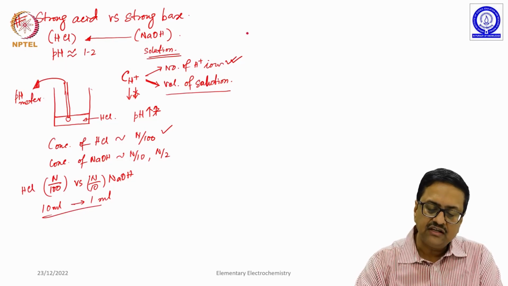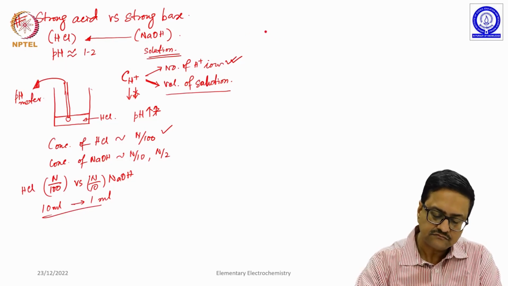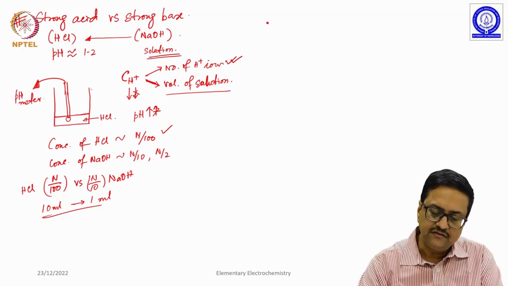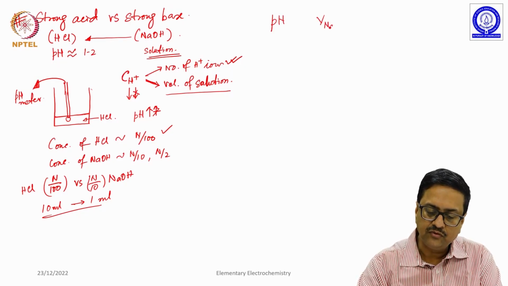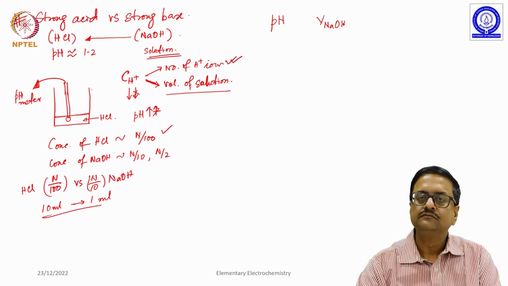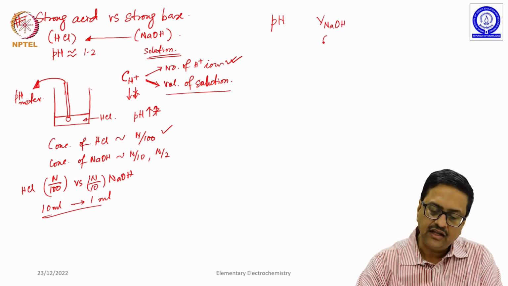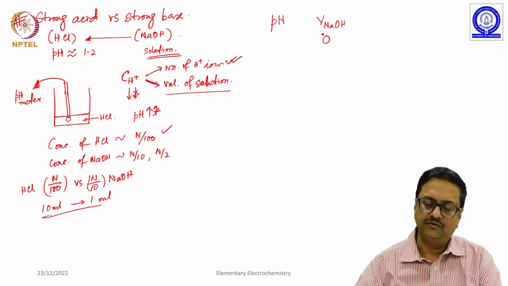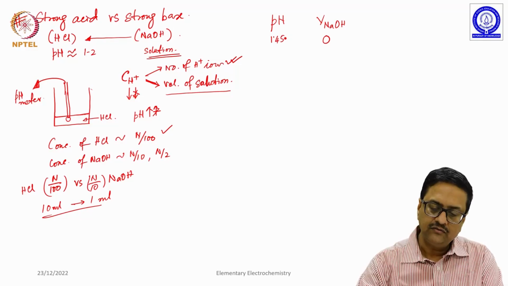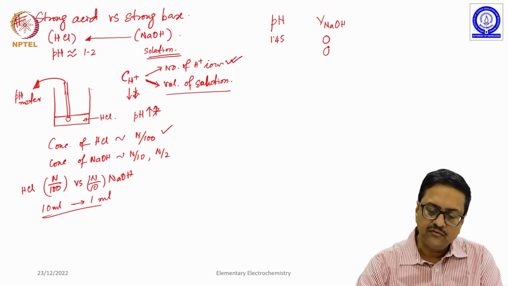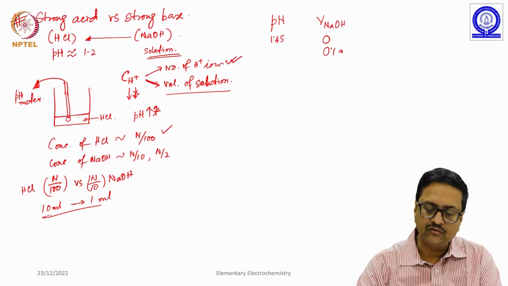So, now when somebody is measuring the pH of a solution with the added volume of NaOH, when you have not added any NaOH solution, 0 volume of NaOH, suppose the pH is 1.45. Now, with slow increase in volume of NaOH, say 0.1 ml,